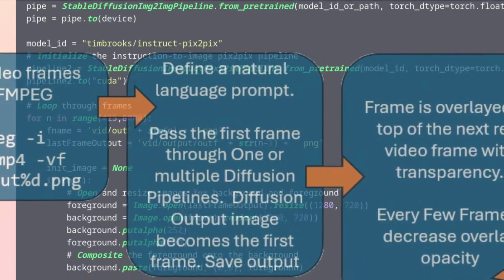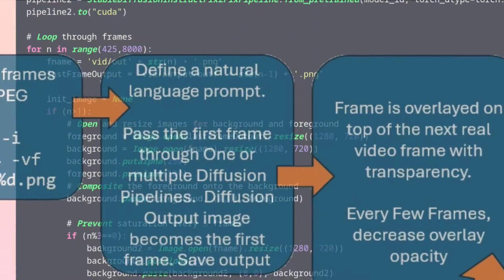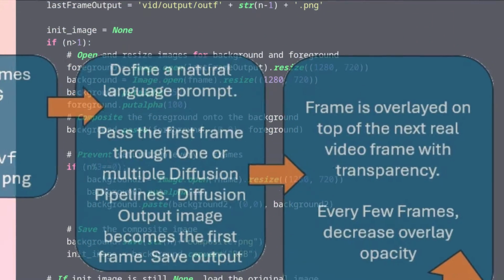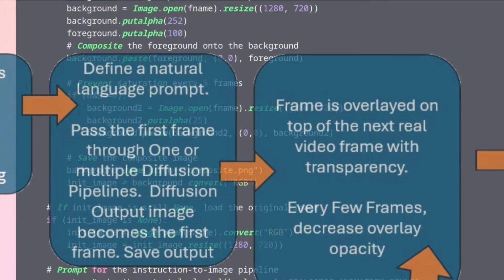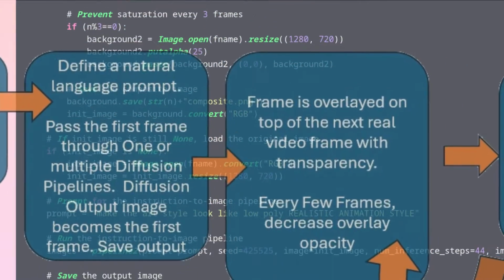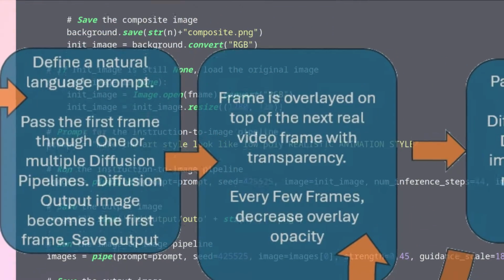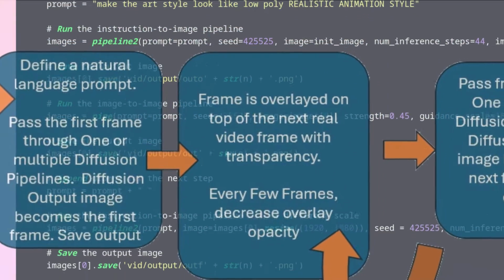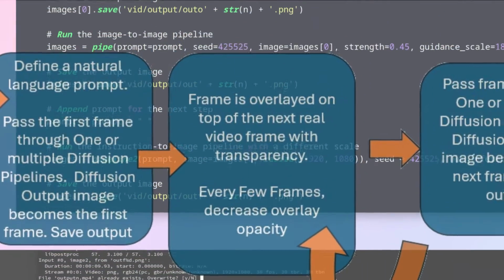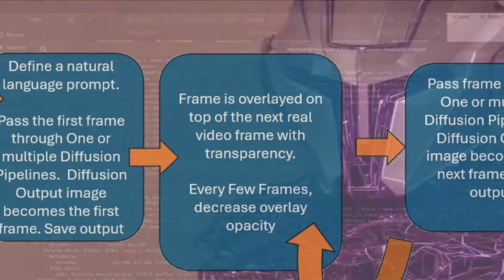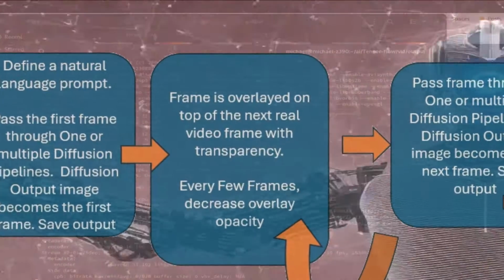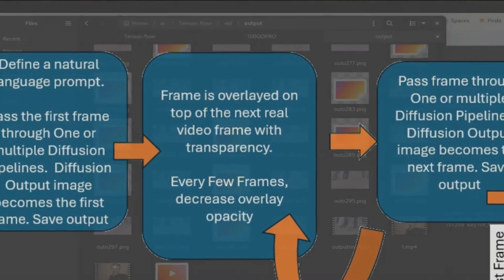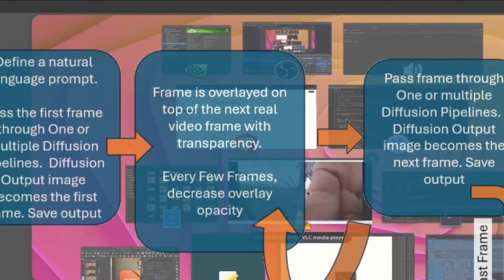So that output becomes the first frame. We save that, and then for the next frame, that previous frame is overlaid on the next video frame with transparency. And this is to help guide the generation to be more similar to the last frame. Since that overlay causes an overexposure, every few frames I decrease the overlay opacity to kind of reset the image